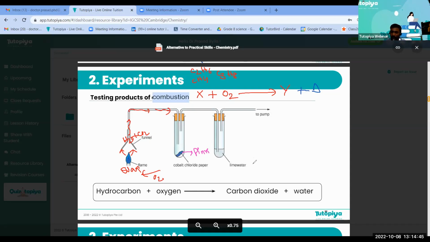Any idea? Okay, don't worry. It is calcium hydroxide. The chemical name of lime water is calcium hydroxide. When carbon dioxide is bubbled through lime water, it turns milky white. You get calcium carbonate, which is an insoluble precipitate, and that gives it a white turbidity,